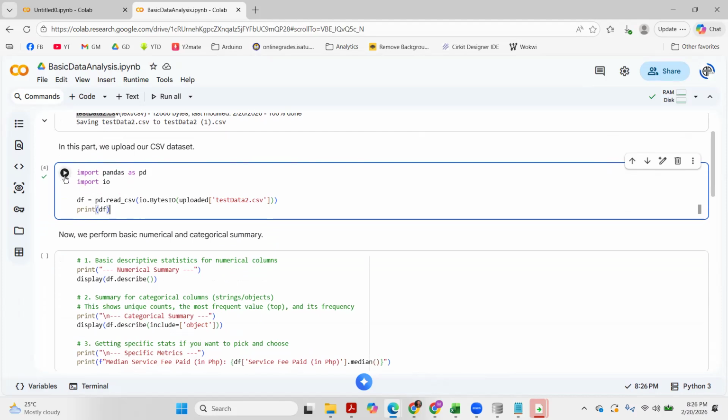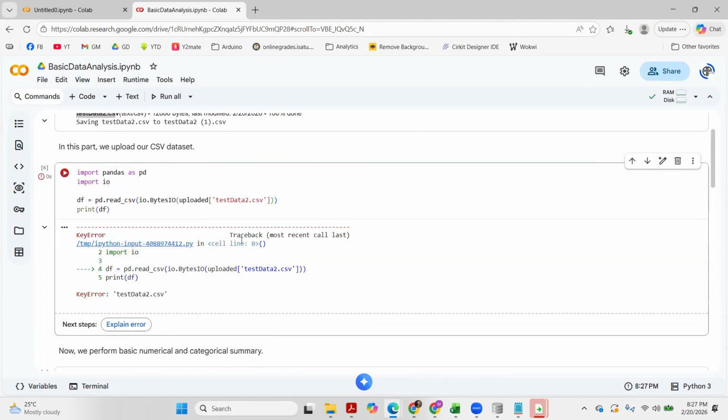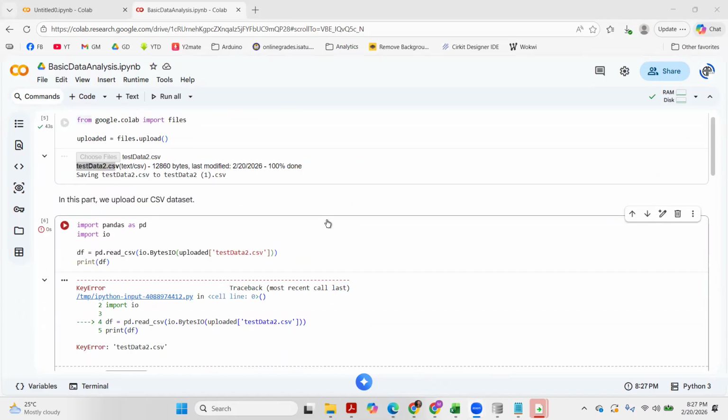Right, so when I click this, you'll see it's not running. What's the problem? Oh, I see. Earlier I tested this sample code. I already imported my test data CSV.